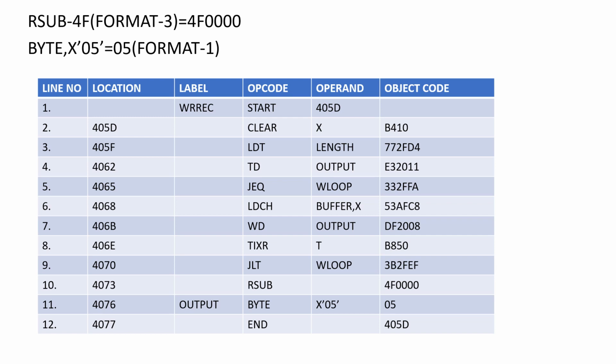At last, RSUB is of format 3 type, where the value of RSUB is 4F. So we are writing 4F and 4 zeros in format 3 form, and then byte address 05 consists of one opcode, that is, we can write it in format 1. So after generating all these object codes, we are writing the object code for each opcode, and then at last